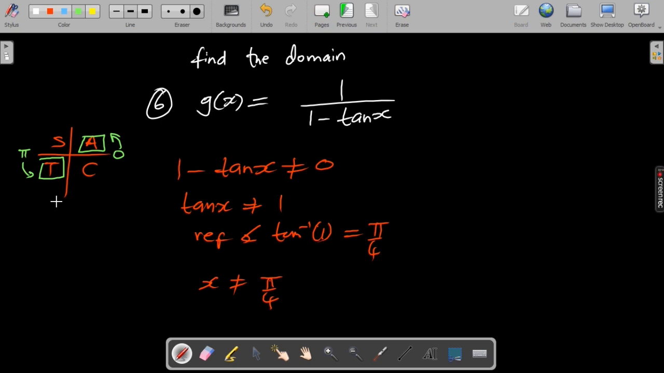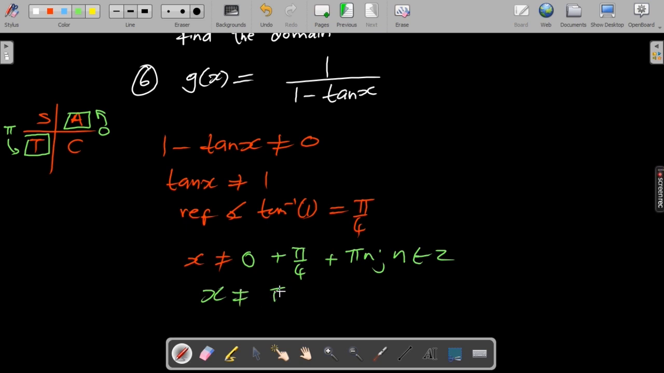Now that we have this, we can focus on finding the general solution where this would not be defined. So x is not equal to pi over, so firstly, we're going to use these regions. So that is the reference angle. Then you're going to use these regions to define where this would be undefined. So it should not be equal to 0 plus pi over 4, and then pi n, where n is an integer. Remember, the period of tan is pi, or 180. So x should not be pi over 4